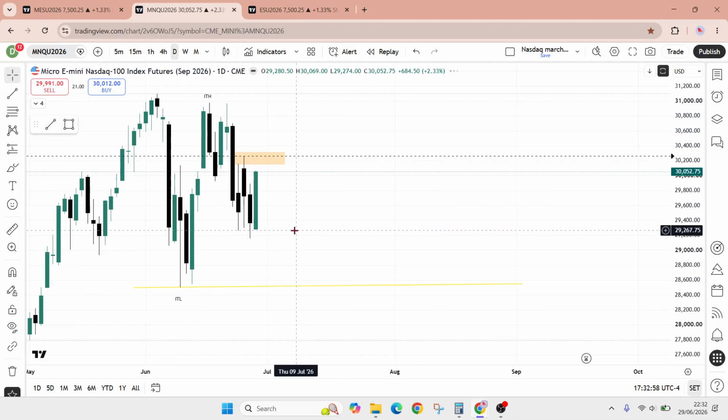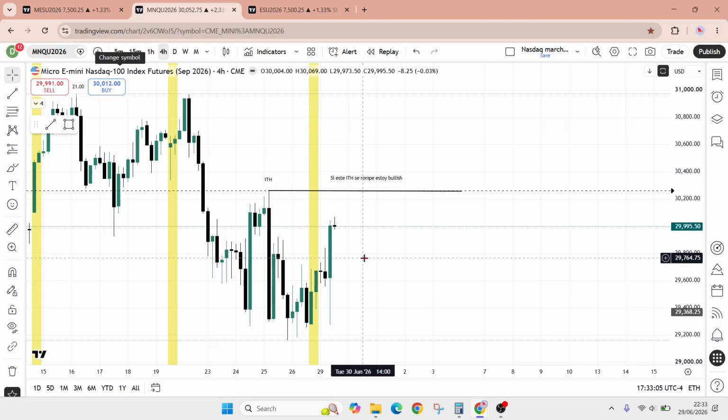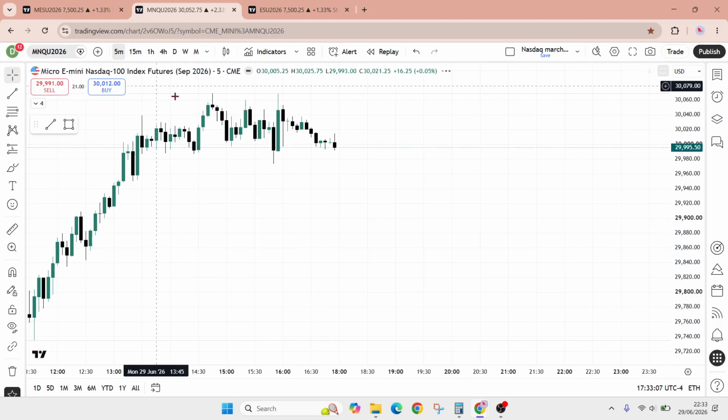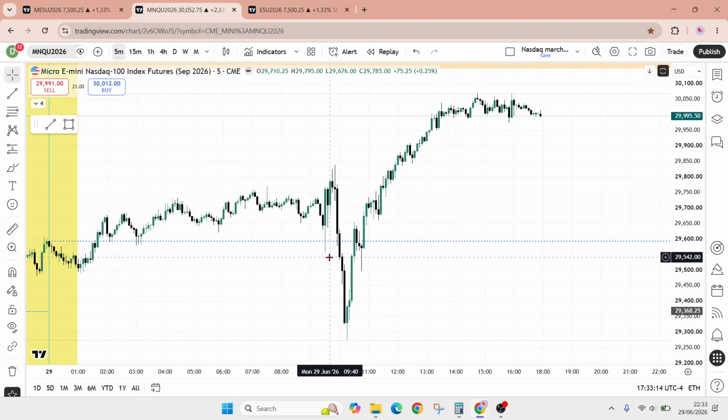So the daily should break this swing high, but going back to today, before jumping, I found that it was a difficult day for me because I didn't have a clear bias to take the daily range. So imagine you are bearish. This could have been a good trade. Now, I wasn't very confident to be bearish, and I don't trade below the 5 minute chart. So this is not the proper engulfing candle because the body has to be bigger than the previous body also.